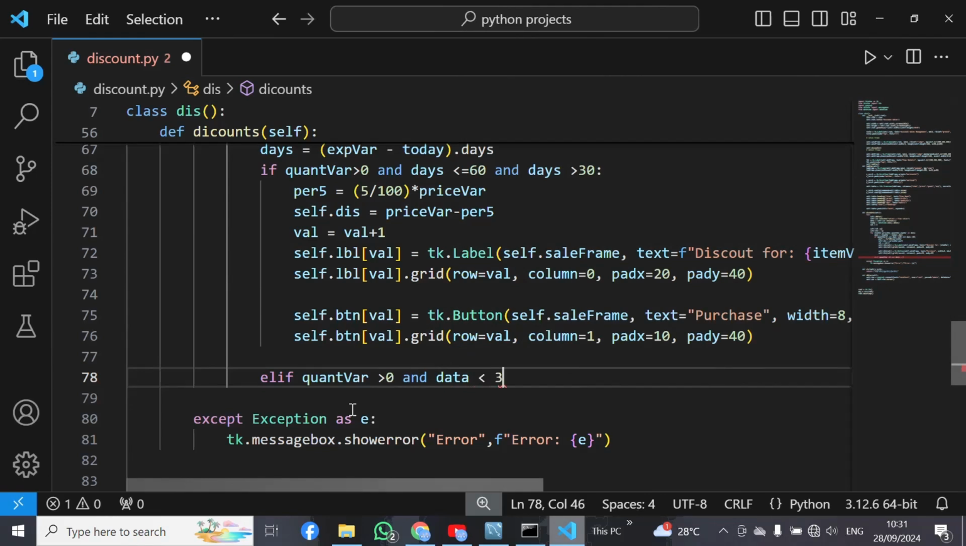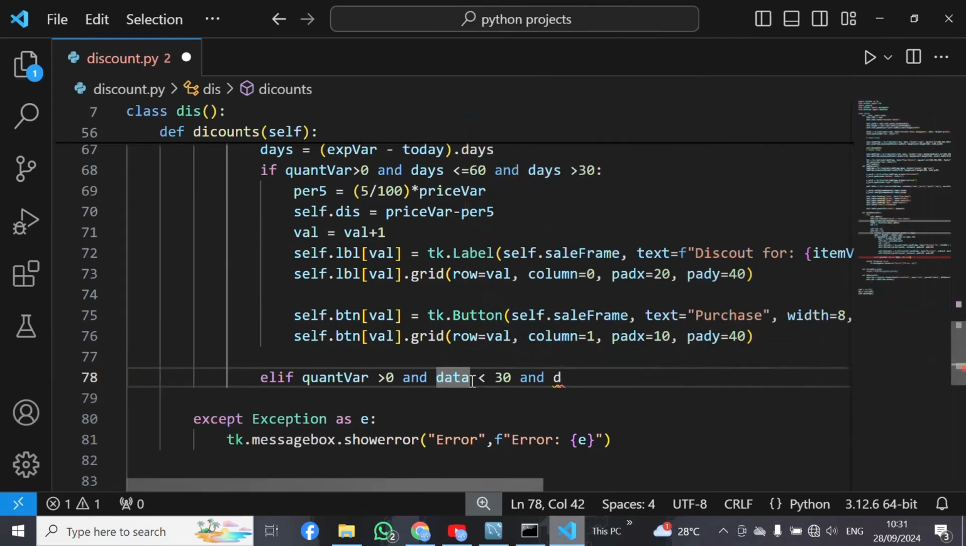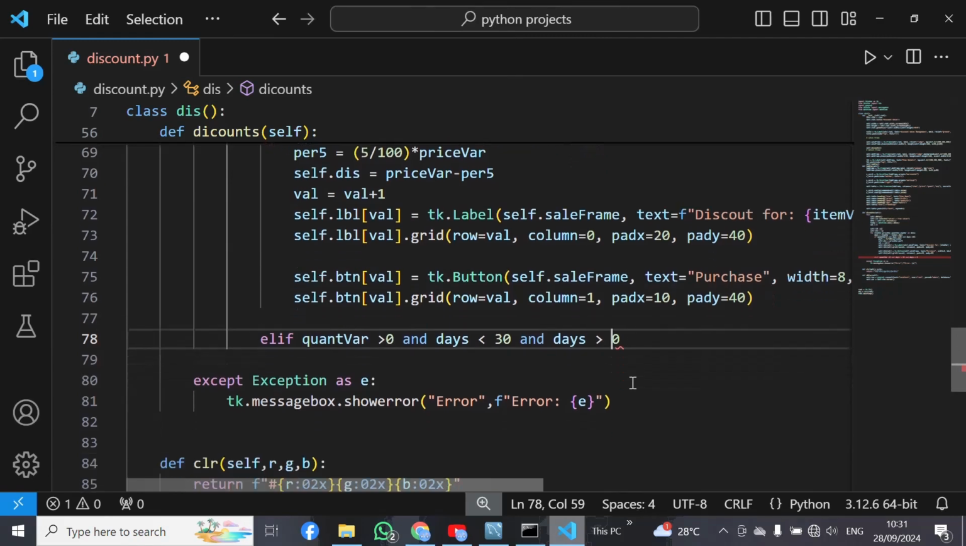Okay, less than 30 and greater than... sorry, here I have to use days, not data. Days less than 30 and days greater than 0. That means that it is still not expired. Here I have to use 0. So if total days are less than 30 but greater than 0, it means that it is